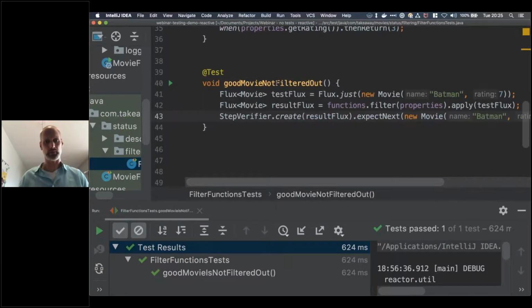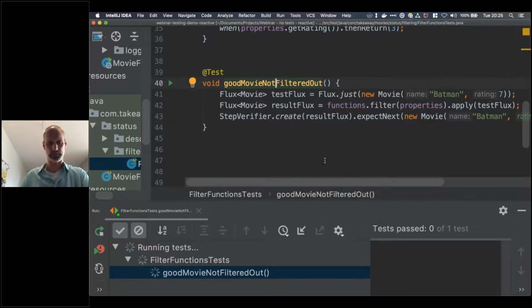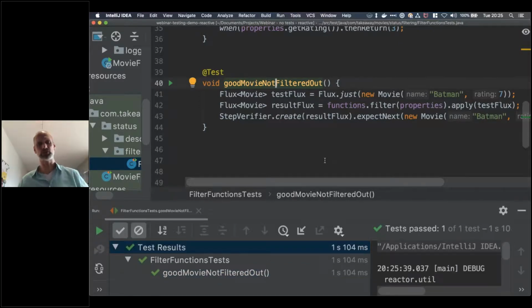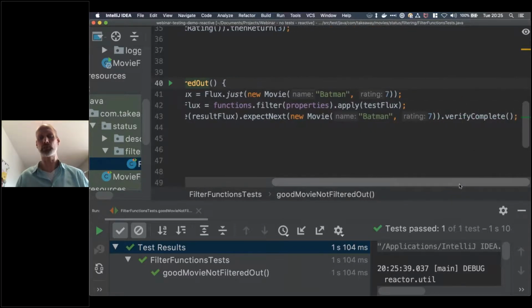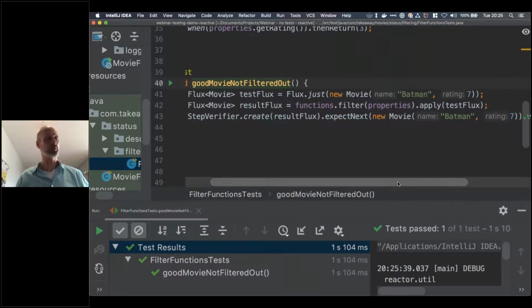So we'll run it. This will test whether it actually gets passed on. Yes, great success. So this is the reactive way of testing. We need to use the StepVerifier and verifyComplete, otherwise it will not work. We can, of course, also test